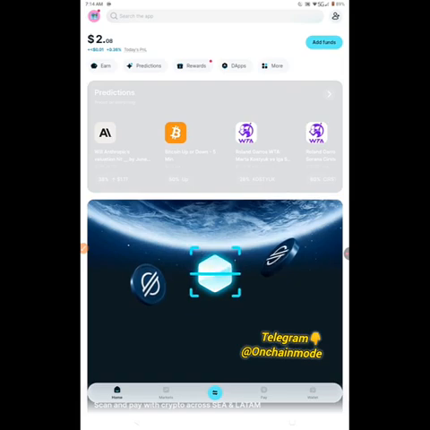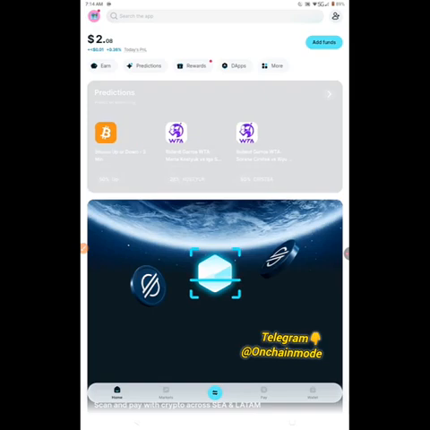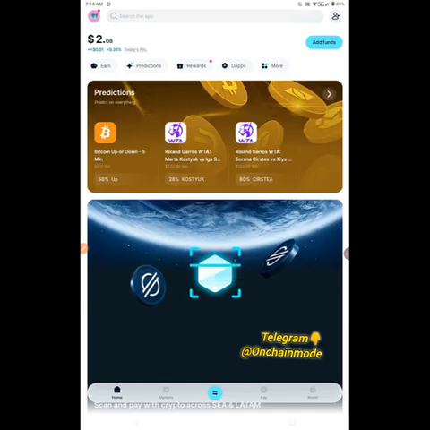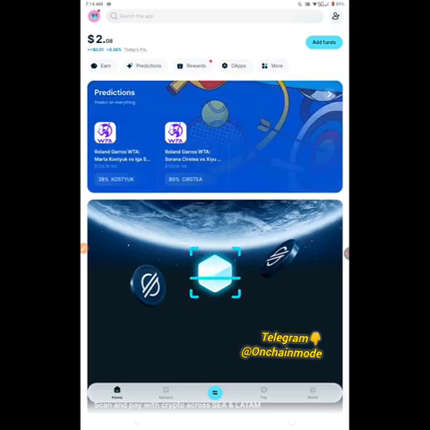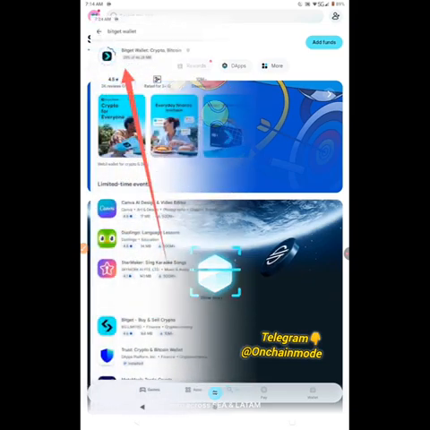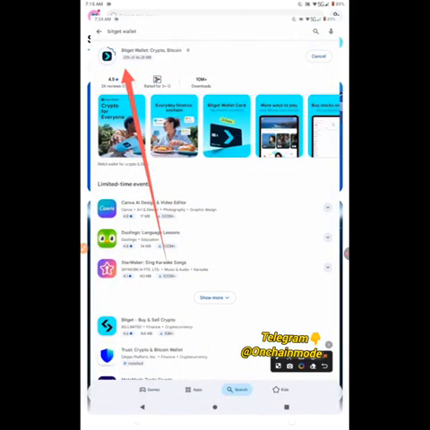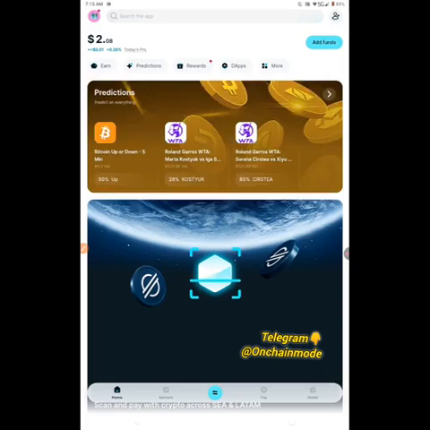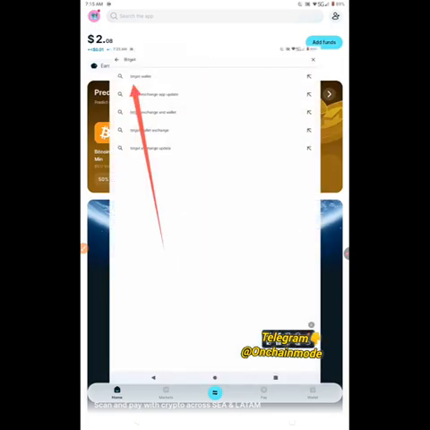Kindly know that the Bitget decentralized wallet and the Bitget exchange are two different apps. So what we are making use of right here is the Bitget Web3 wallet, which is separate from the Bitget centralized wallet. So after downloading it from the app, you open it, you create the account, you create and set up your 12 key wallet,